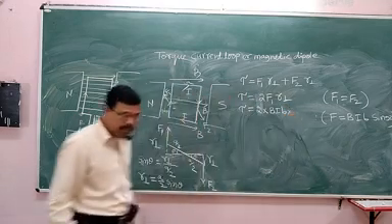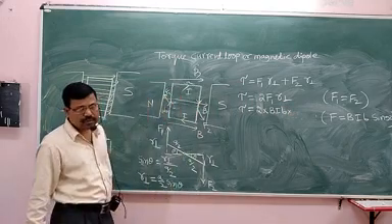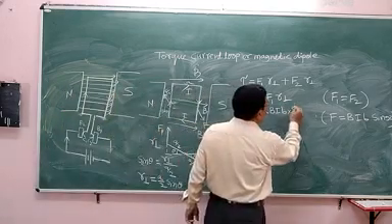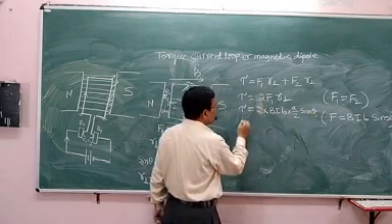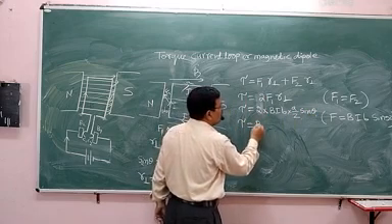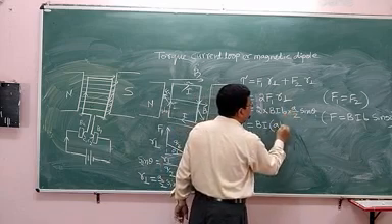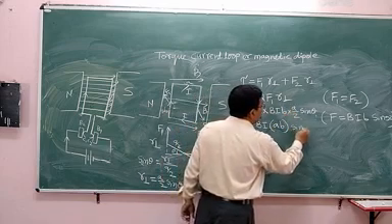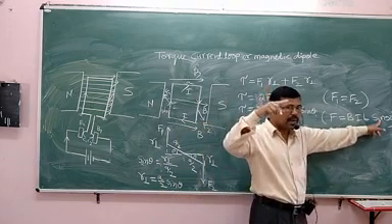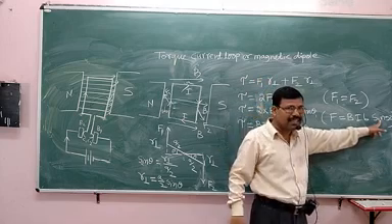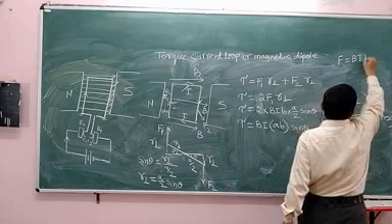Into R perpendicular. R perpendicular is A by 2 sine theta. I will write A by 2 sine theta. So 2 cancels. We get torque is equal to BI, in the bracket A into B, AB sine theta. This sine theta is different from the one in the formula F is equal to BIL sine theta.